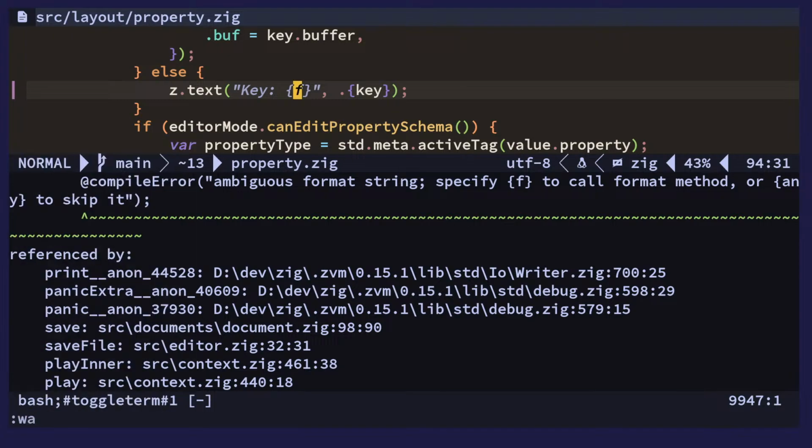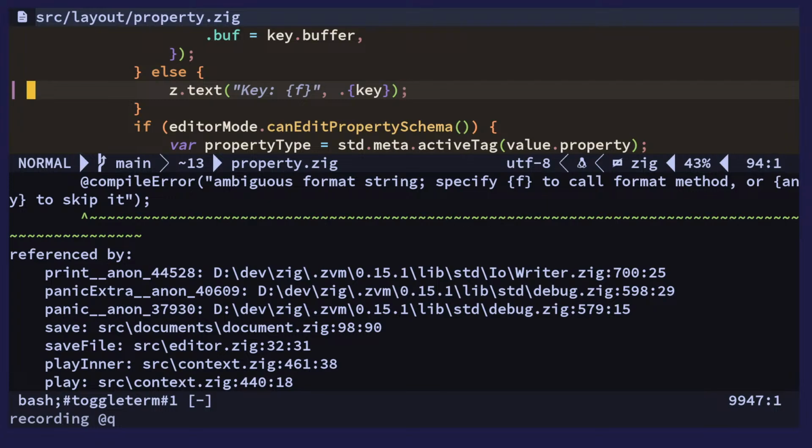I mean, I do have a bunch of custom mappings. It's just that macros are specifically, you define a macro by pressing Q and then some other identifier for which slot your macro is going to be stored in. So let's say a Q. So now it's going to be stored in the Q macro register, and then you can start